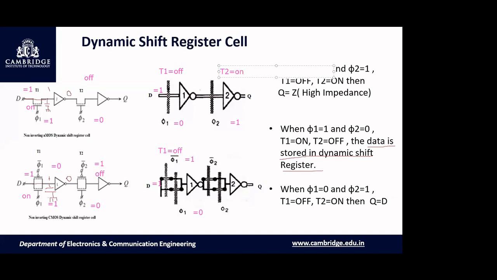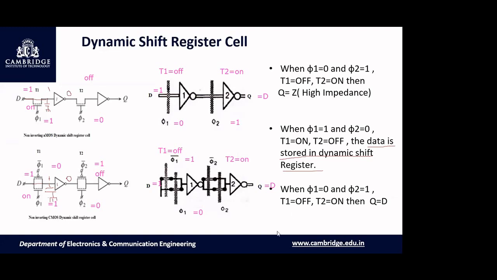Right? So here T2 transistor as well as transmission gate is on. Understood, no? Okay. So whatever input you had applied, that you should get here, right? You should get Q is equal to D. We'll see whether we'll get Q is equal to D or not. Getting it? Okay.